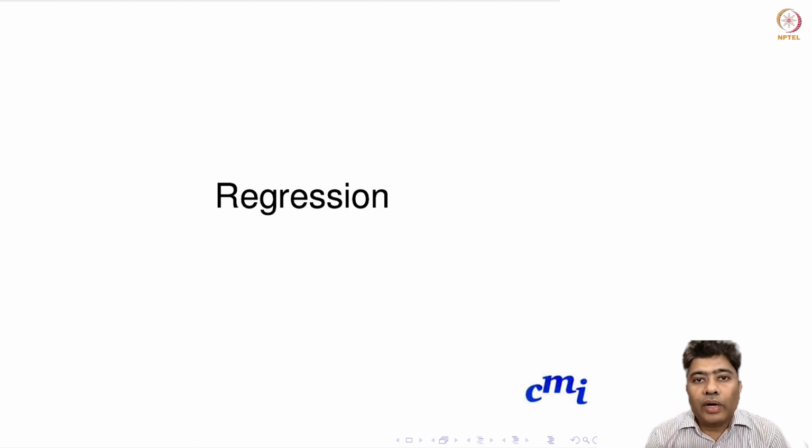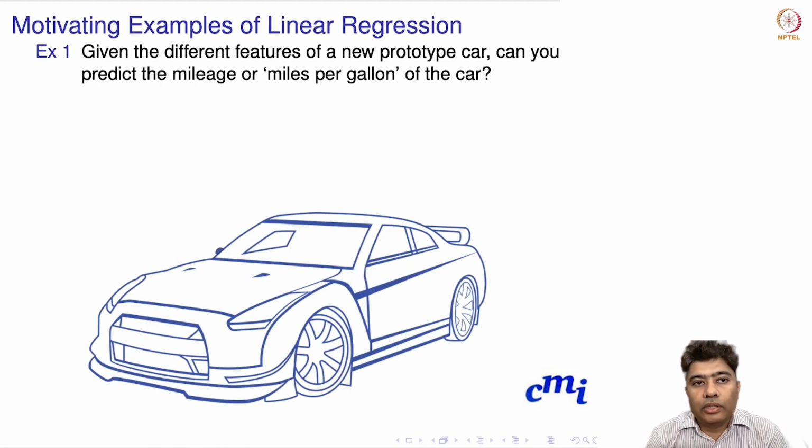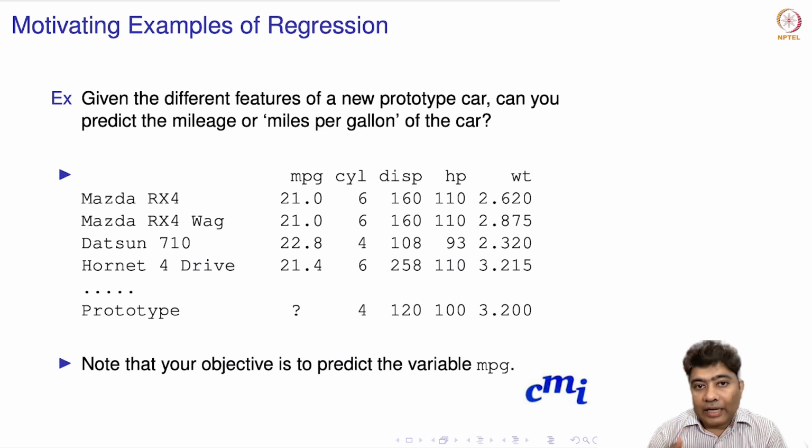Welcome back. So we were continuing on regression examples on the mtcars dataset. As we know, given different features of a new prototype car, can you predict the mileage, or the miles per gallon, of the car? Now, the data that you have in your hand is